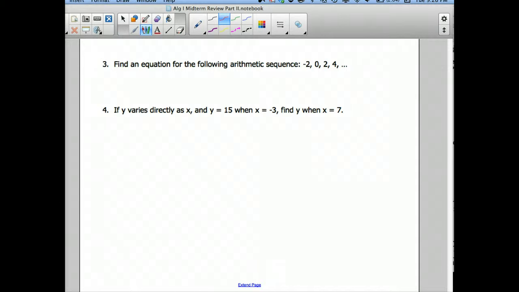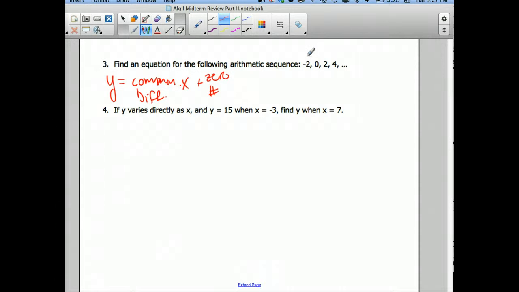Alright, so find an equation for the following arithmetic sequence. What you need to do is identify the common difference. So it's going to be y equals the common difference times x plus the zero number. Or basically, if you're thinking of the change, the slope times x plus the number when